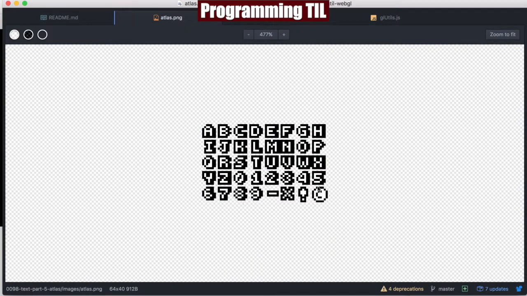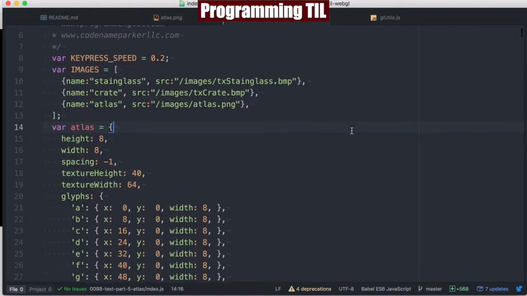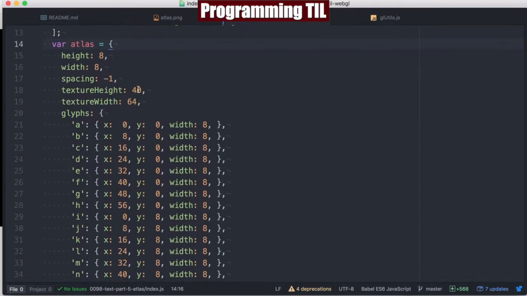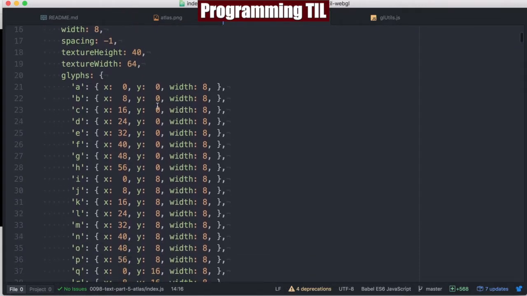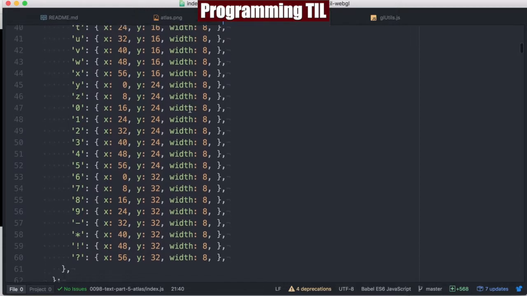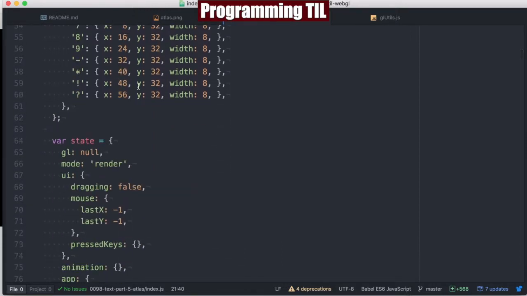So they have a nice PNG here that is a single texture for an atlas, and we can use each of these letters as we map them to JavaScript. So we have these 8x8s, and we have a nice texture width of 40 by 64, and we can go ahead and write down each of the letters, their x and y coordinates, as well as their width. And since they're all uniform, this makes it really easy to do and to basically generate what we need